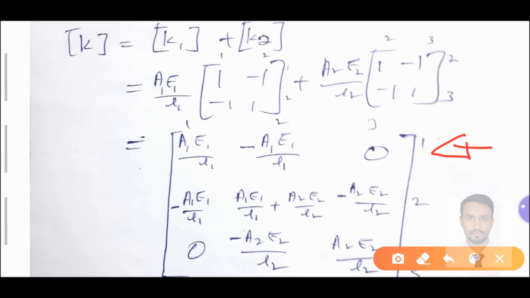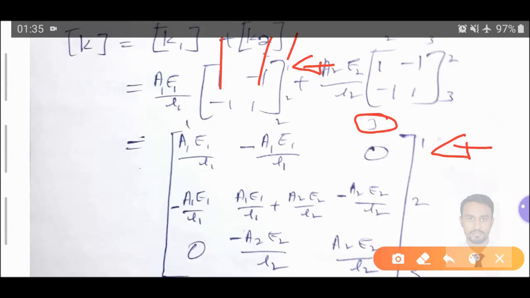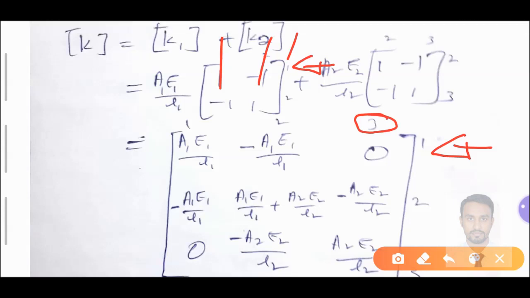Then first row third column. This is the first row. After first row first column and first row second column, we don't have any third column in the first row. We can search here: we have a third column but we don't have the first row. That means the value is equal to 0. First row first column is this one, first row second column, first row third column. We got how to get the first row.